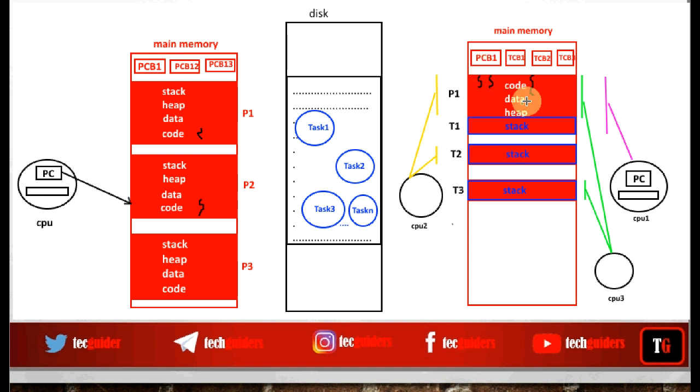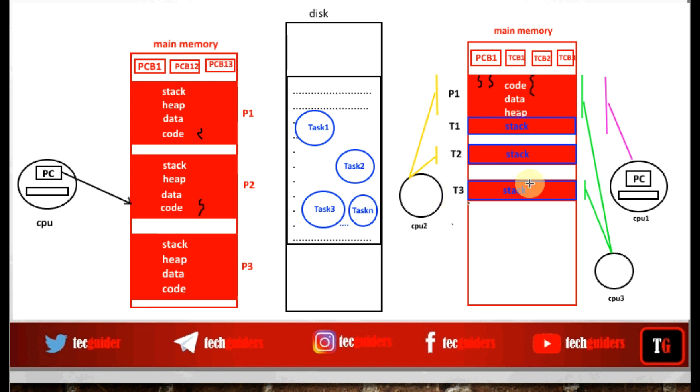So when all these 3 threads are executed in parallel, each thread will be performing some task by executing some lines of code from the same code space and by accessing the same data structures. It means there are multiple lines of control passing through the same program space.